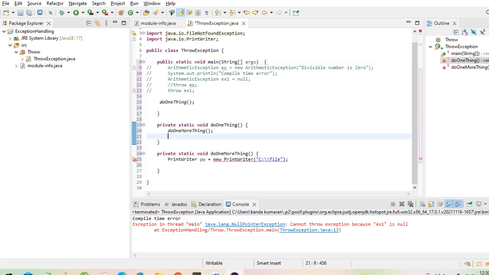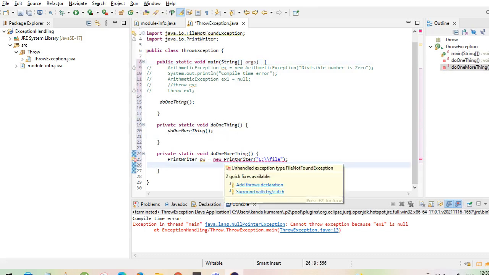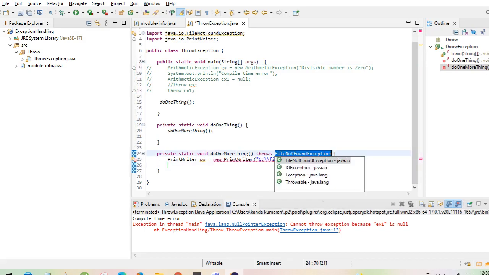See, now we are getting an error because the exception is not handled. So I am adding this particular throws declaration here. Since we handled the exception here, it will throw an error in the parent method. This is parent, this is child, this is subchild.